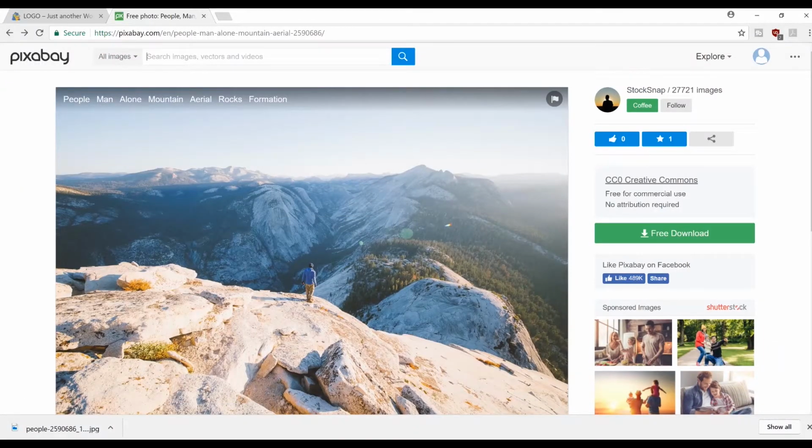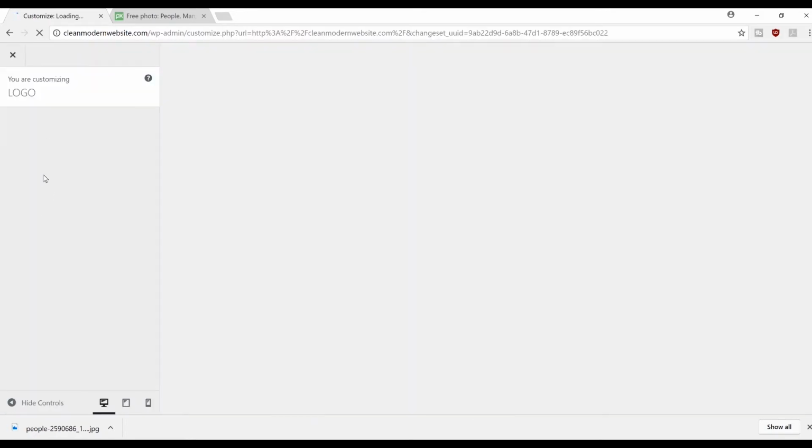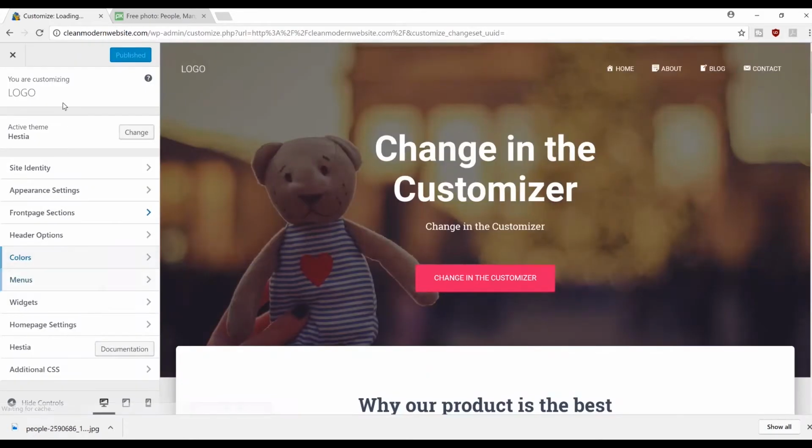Okay, so now that we've downloaded that image, what I want you to do is go back to here and hit customize, and you'll be brought to this section. Now this section here, we've already used it, but just a quick overview. Basically this is where we can fully customize everything about our site, and it updates in real time, which is just awesome. And what's even better is it has this